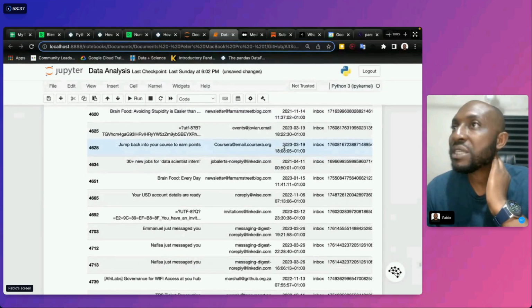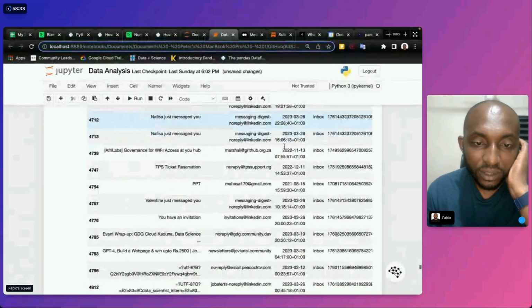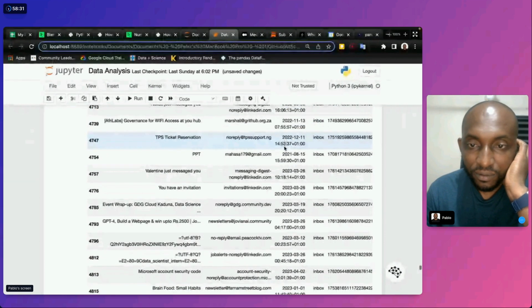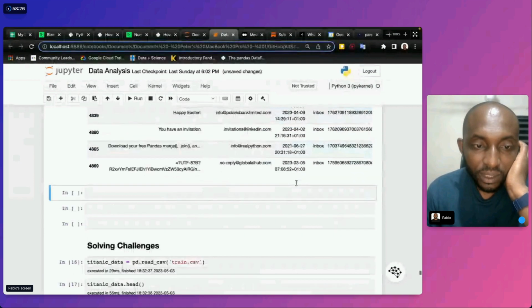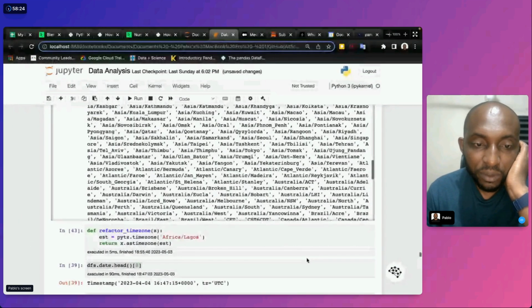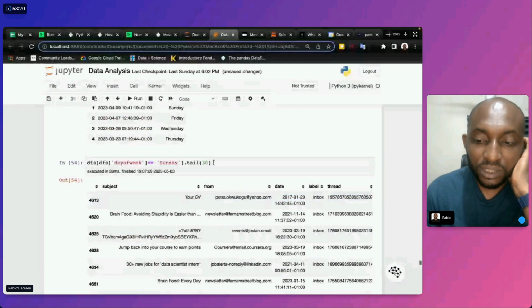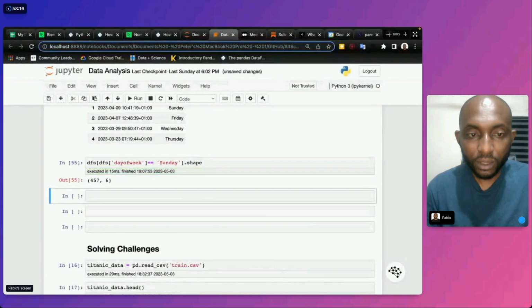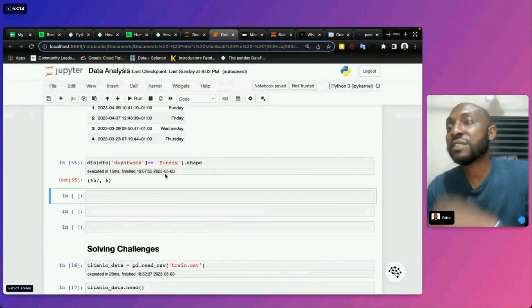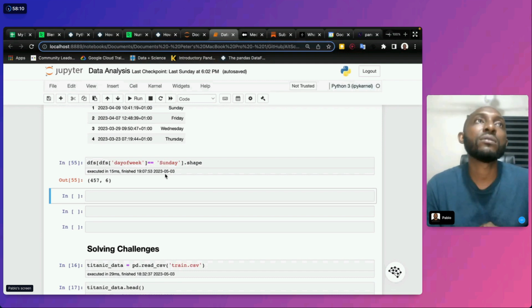So you can basically look at this and find out that you have different stuff. As a matter of fact, if I want to see the total of all the emails received, I could do shape, and I have 457 emails that I received on Sunday in my whole emails.